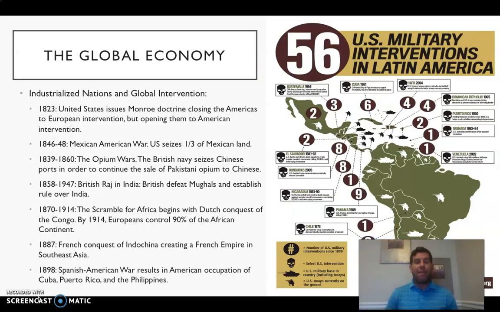On this slide I've got for you, starting in 1823, straight through the turn of the 19th century, and then a picture that shows you a little bit about U.S. intervention in the 20th century, right? The industrialized world took it upon itself, right in the heart of the Industrial Revolution, to secure the production of raw materials in developing nations and to secure the increasing sale of these finished materials to industrializing nations, right?